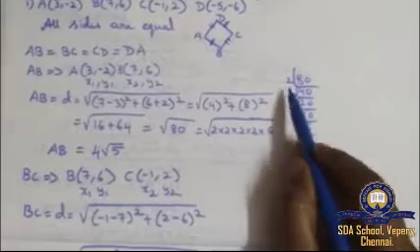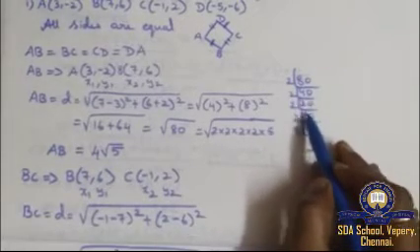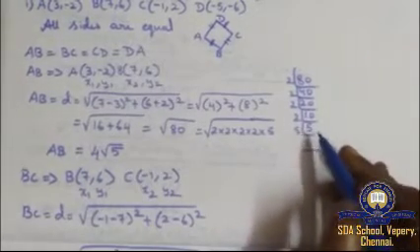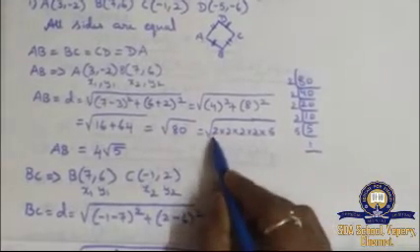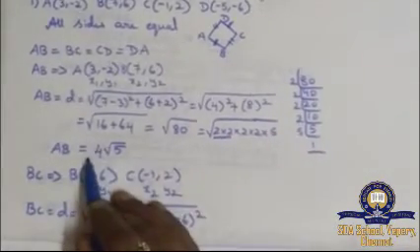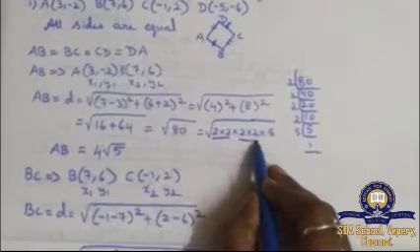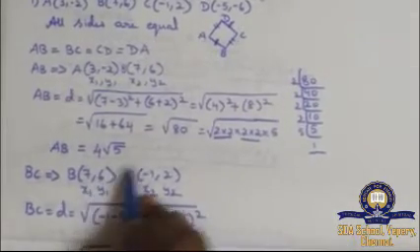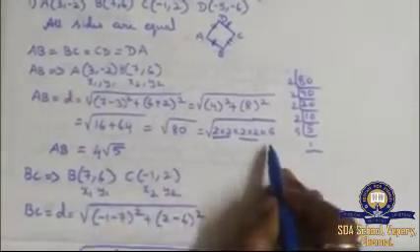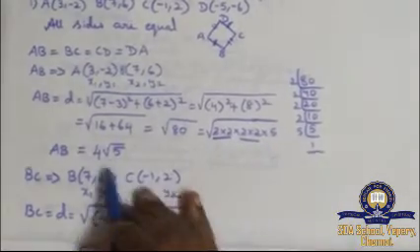Root 80 can be split up as 2 40s are, 2 20s are, 2 10s are, 2 5s are, 5 1s are. So with this 2 times 2 I can take one 2 out. Again this 2 times I can take one 2 out. So 2 into 2 is 4. Only one 5 is in the root, so 4 root 5.